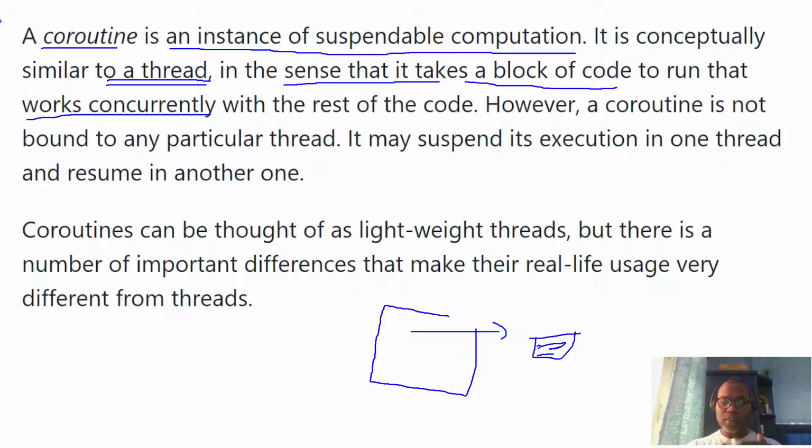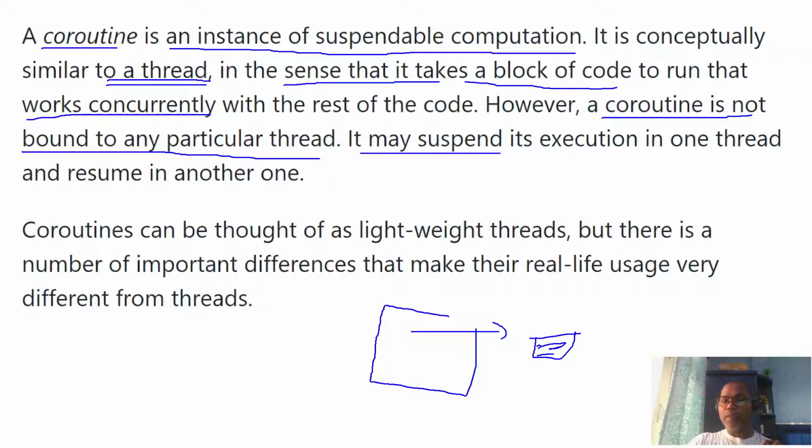Computation means execution of a set of instructions: statement 1, statement 2, statement 3. These blocks are suspended for some time. However, please note, a coroutine is not bound to any particular thread.